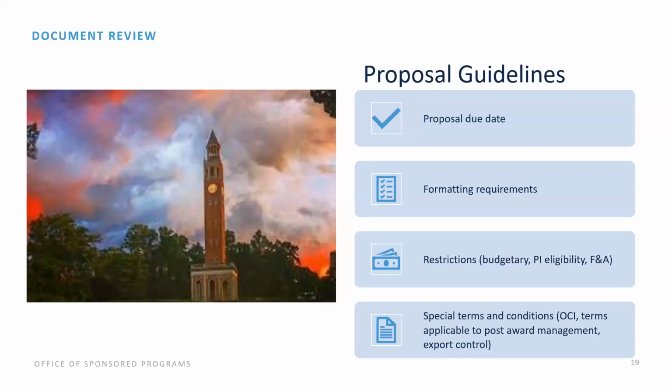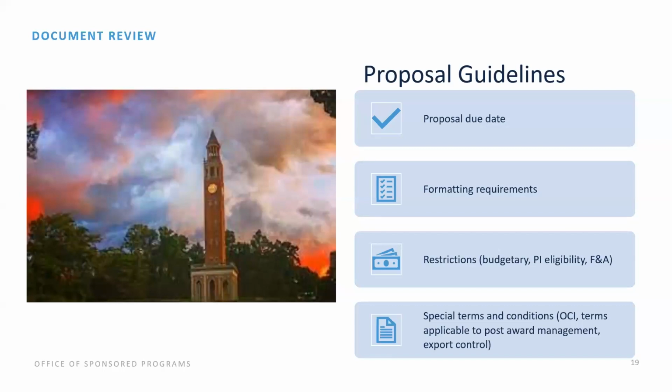We also have our own waiver requirements, but that doesn't circumvent the sponsor's PI eligibility requirements. So we might have instances where the sponsor has very rigid PI eligibility requirements that are more restrictive than our internal PI eligibility. And so we're looking at that to make sure that the individual who submitted as the PI meets those more restrictive requirements,